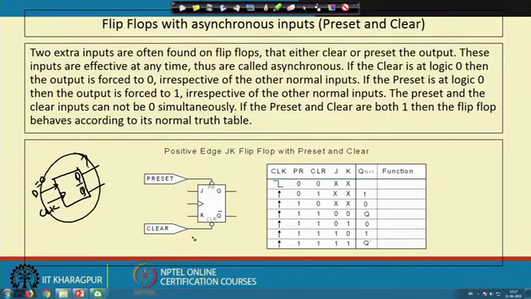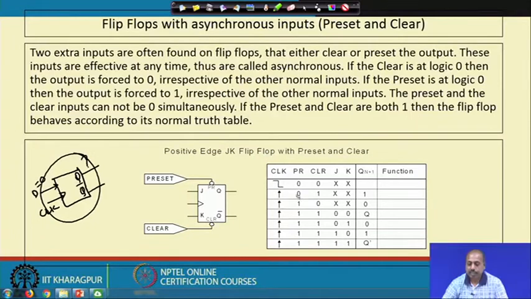Now, if we just switch on the circuit, we do not have any control, and Q and Q bar can pick up any value. How can we control it? For that purpose, most of the flip flops that we have studied come with two extra controls which are asynchronous in nature. One is known as preset, another is known as clear. As long as they are 0 0,